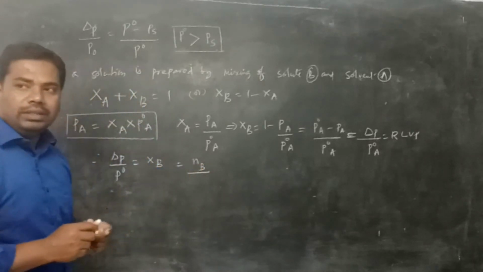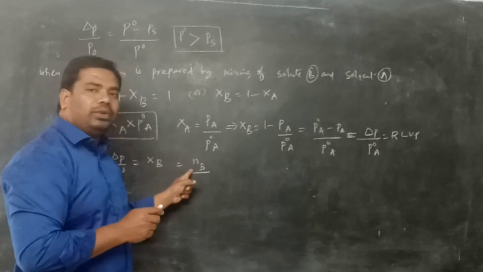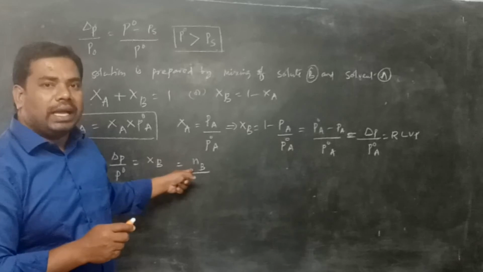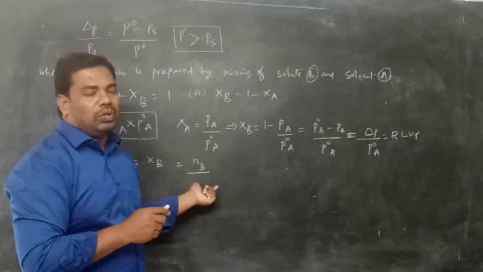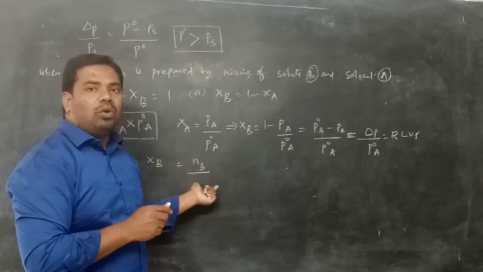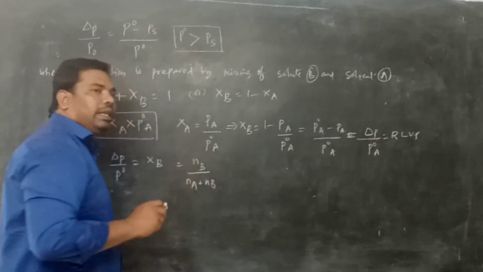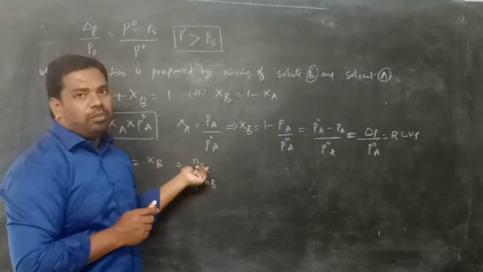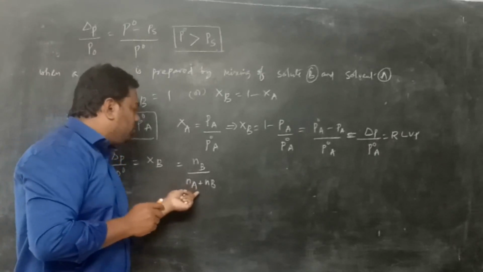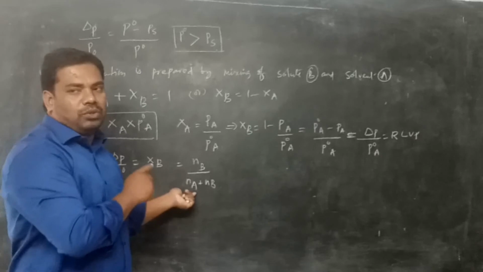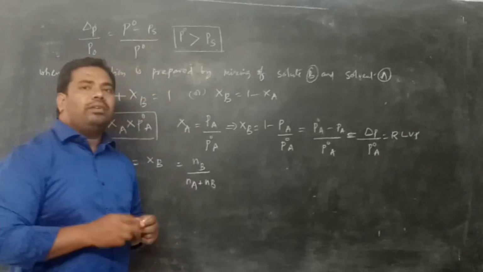So that is equal to the number of moles of solute particles and is the ratio of the number of moles of solute particles and the total number of moles of solute and solvent in the solution, or the total number of moles of solution, that is equal to NA plus NB. So NB is the number of moles of solute divided by the total number of moles of solution. In solution, what is present, student? The number of moles of solute and the number of moles of solvent. Okay, clear, student?